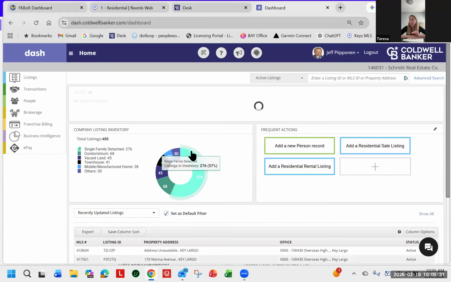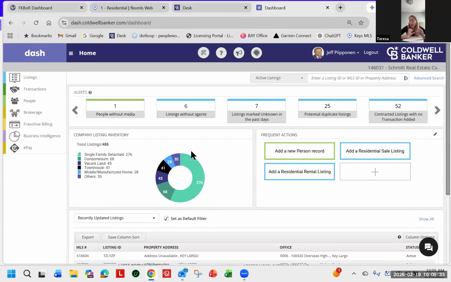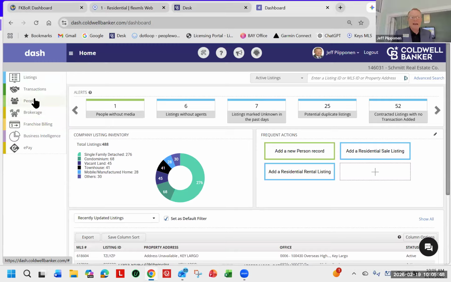The email wasn't working, so I'm on my iPhone, so things are small. Can you say what you're clicking on? I just clicked on the Dash tile in My CB Desk, right? Okay. So in Dash,